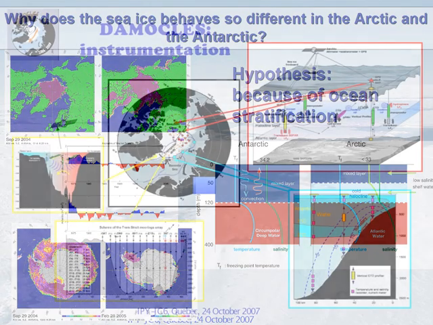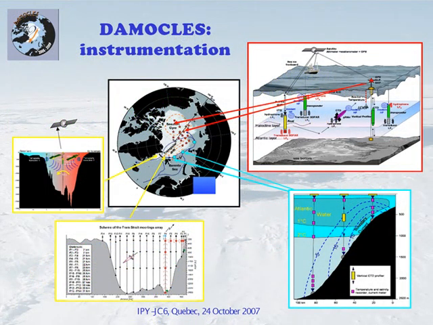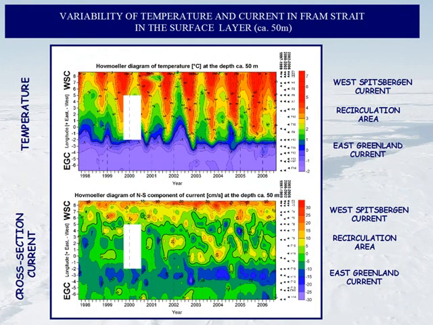When we are studying those types of questions, we need to apply very novel technology, because the investigation of the ocean under sea ice is really difficult. And so the Damocles project has a very important technical component where all types of devices which are measuring on the ice and under the ice are developed and hopefully become, at the end of Damocles, part of an ocean observing system.